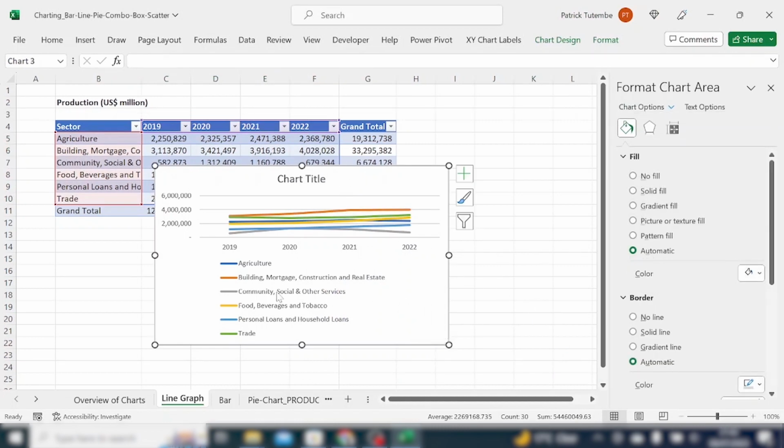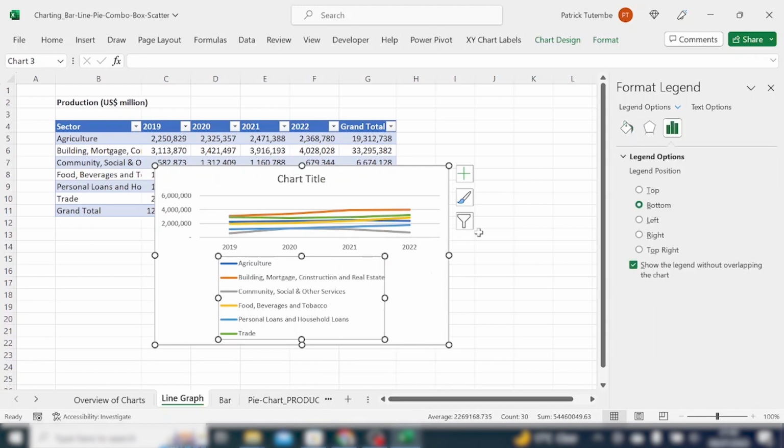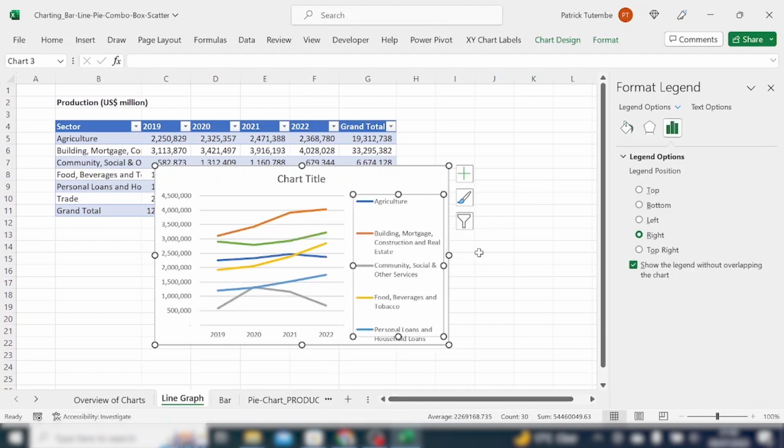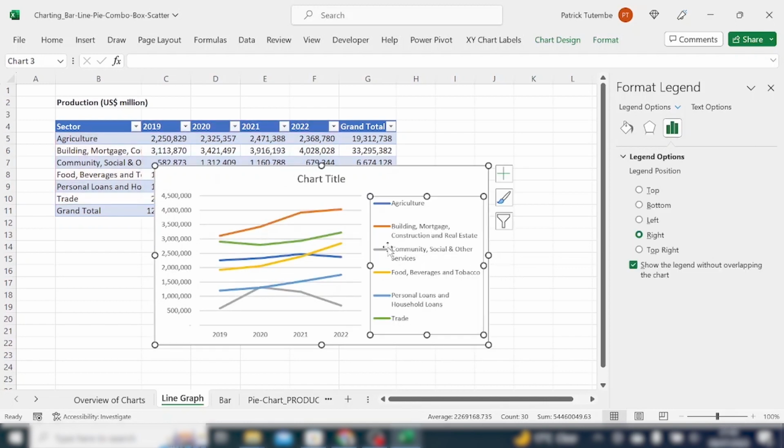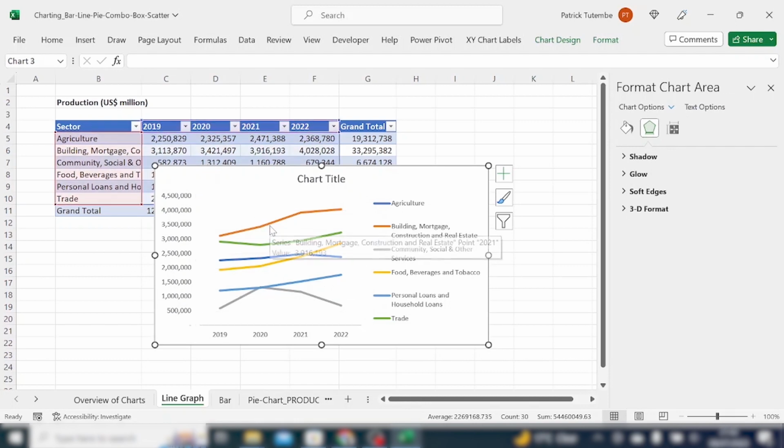Now let's quickly remove the legend from the bottom and send it to the right. Format legend, and we send it to the right. After doing that, we can do some expansion of our chart. And then we shall remove the grid lines: highlight them, delete. Then we can do whatever we want to do. We can bold the axis. We can put a title